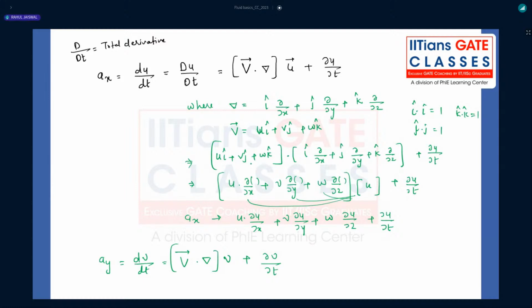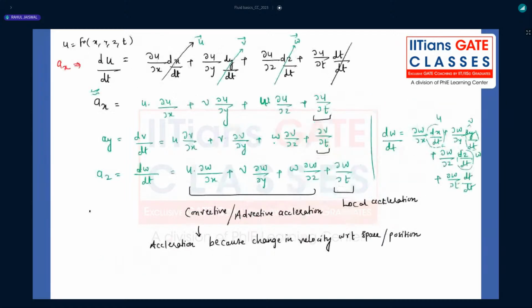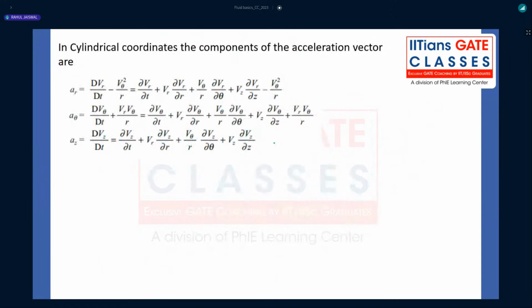Now, these are basically the velocity vectors in the Cartesian system and the accelerations ax, ay, and az in a particular Cartesian coordinate system. Here you'll understand we can write the same acceleration in the cylindrical coordinate system. In the cylindrical coordinate system, the acceleration in the x direction has to be replaced by the acceleration in the radial direction, because in the Cartesian system,